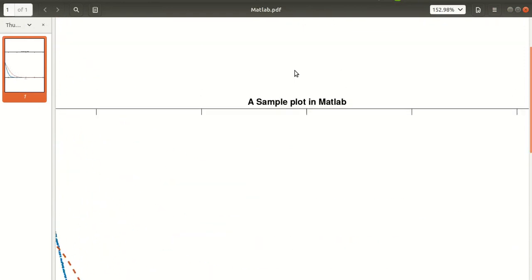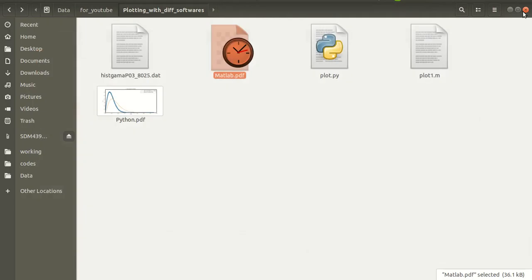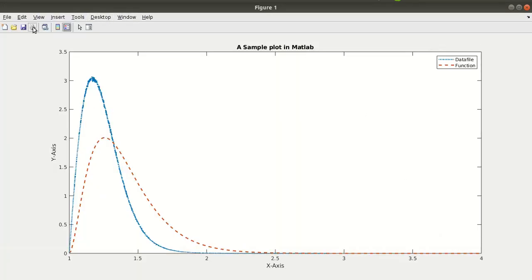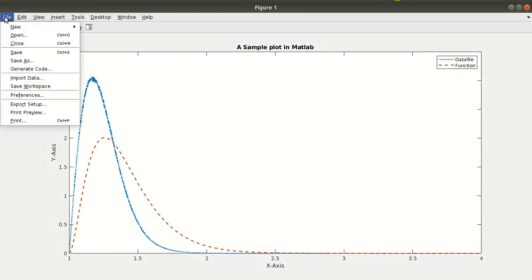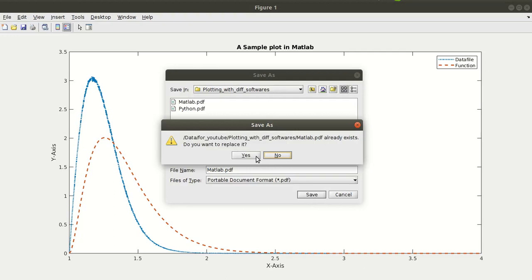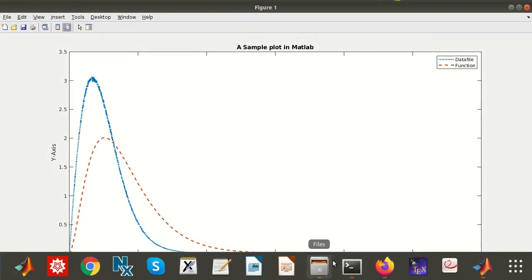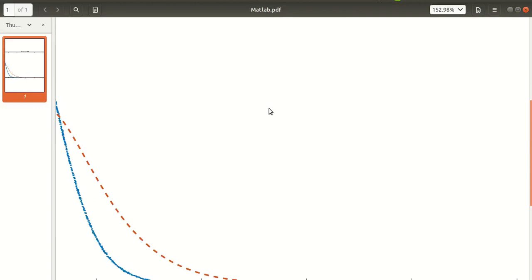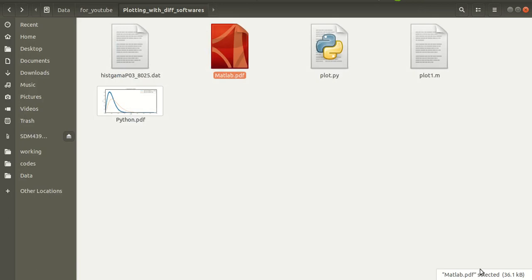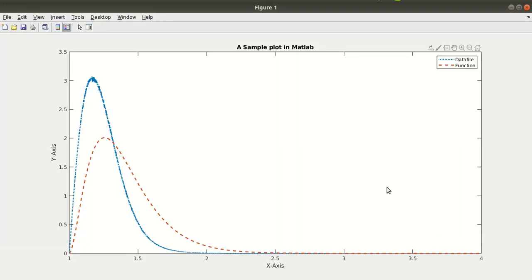Okay, so there is some problem, I think. So let me check. Okay, so yeah, so save. Okay, so this is already saved, and then okay, so file, save as. Okay, so let's replace it, and then let's see it. Okay, I think we have some problem with the ranges, so let me check the ranges first.